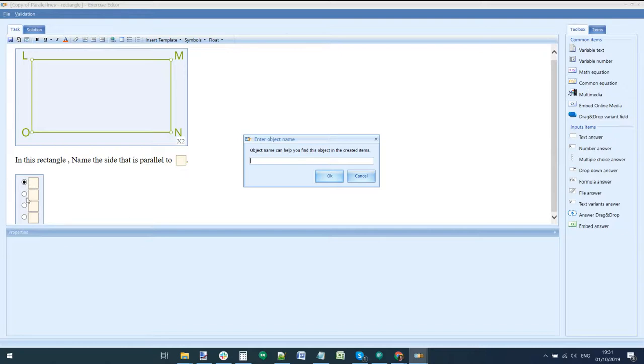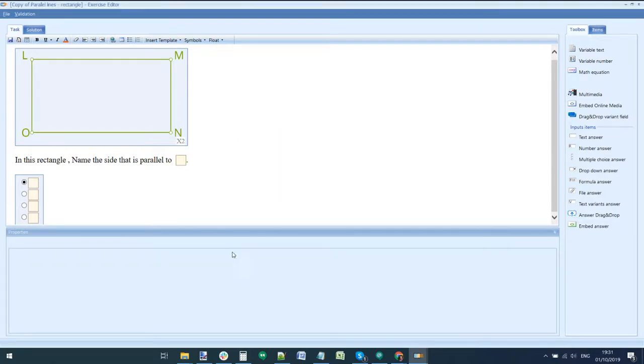Like here in the variants, I can't use math emphasis. So I'll be doing the names of the sides, names of the rectangles in this common equation element, and this will guarantee that they would look like mathematical letters on the website. This I will be calling the rectangle name,